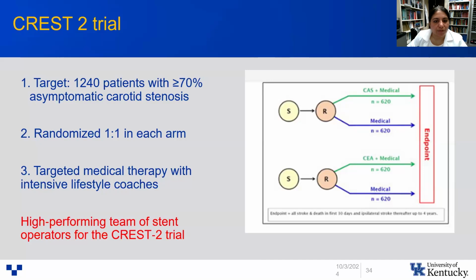patients are randomized to receive either carotid endarterectomy or stenting, and the patients who are randomized to the stent arm with medical therapy are compared against only medical therapy, and in the other arm, the patients who are undergoing CEA with medical therapy are also compared to patients getting only medical therapy. The big difference in this trial compared to previous trials is that the targeted therapy here is very strictly managed, and